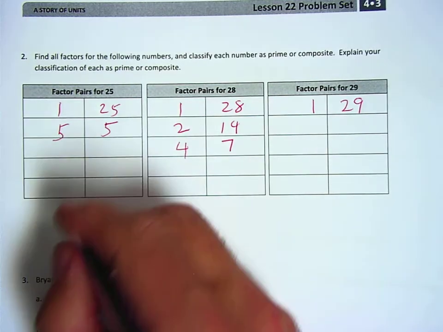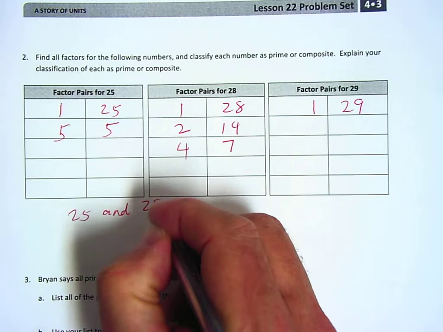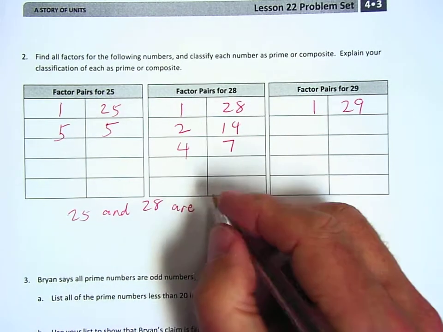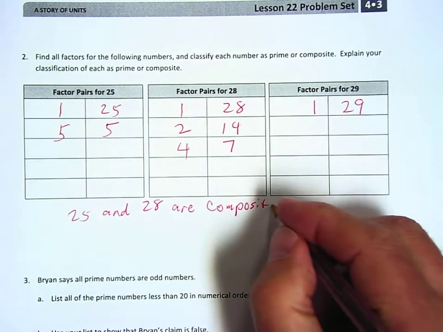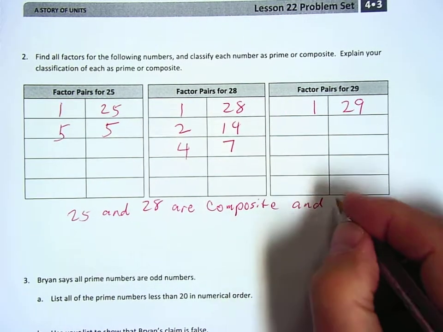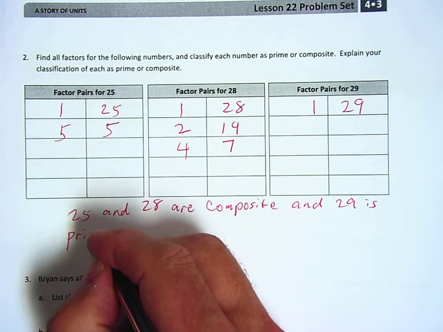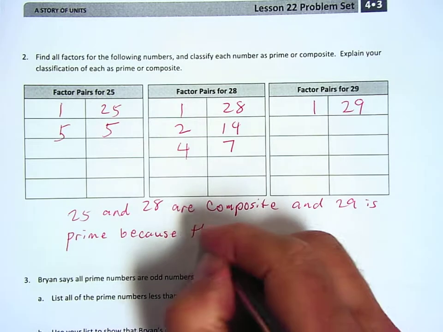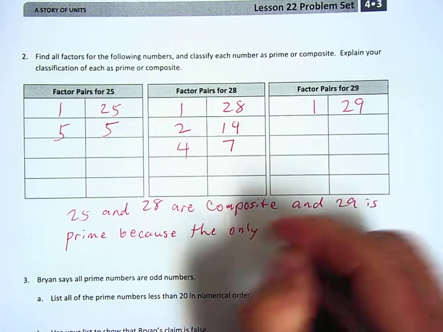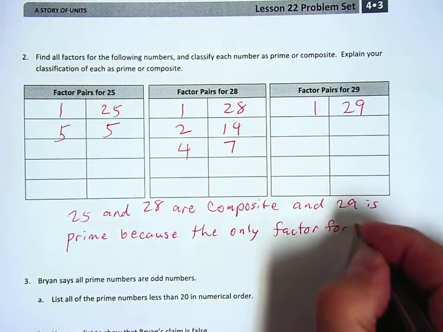So 25 and 28 are composite, and 29 is prime because the only factors for 29